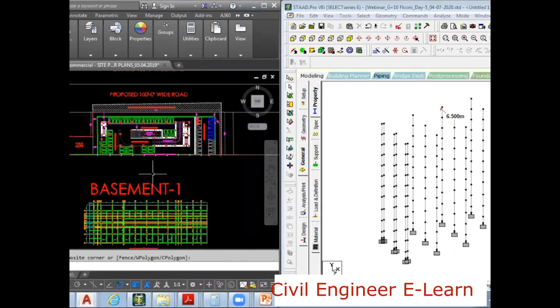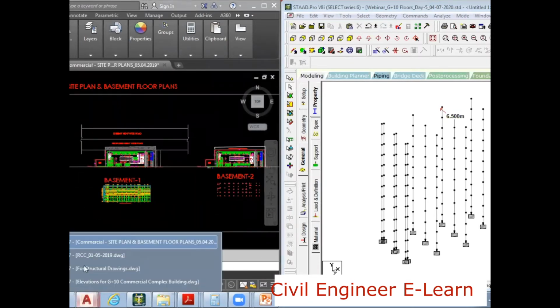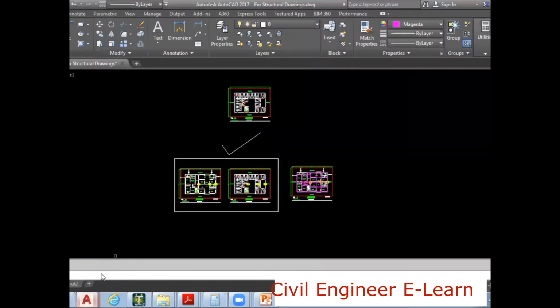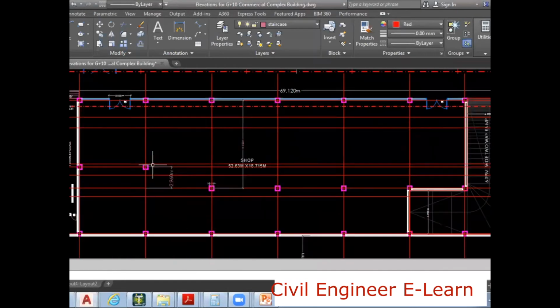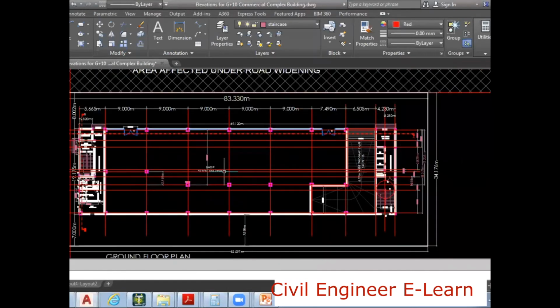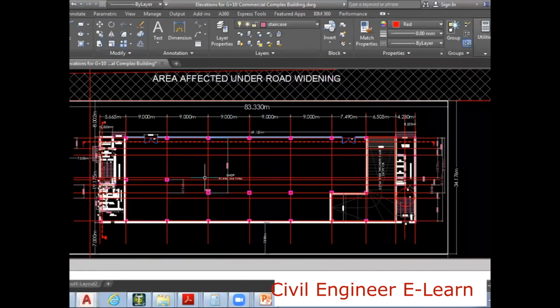So let's go to this one, floor levels. See here, all these columns are terminated.